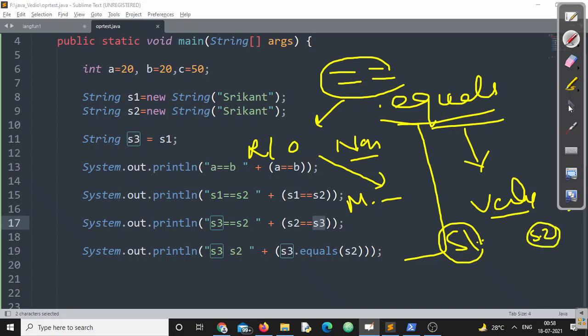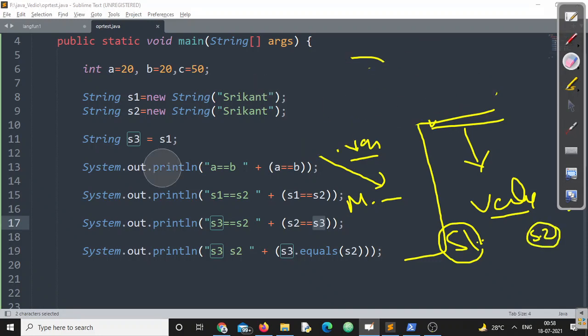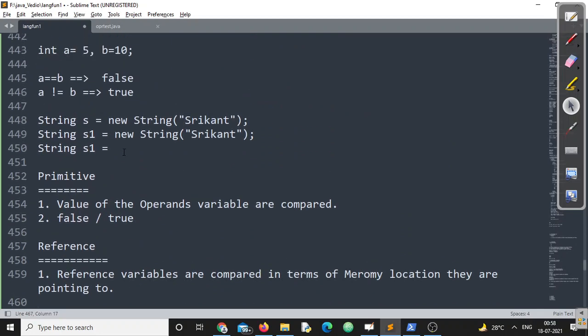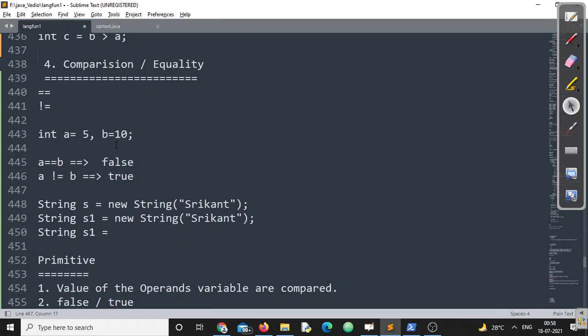I hope you all are clear about all these points. So I don't think I should give any explanation for this not equal to operator. This will work exactly in the reverse way that comparison behaves.